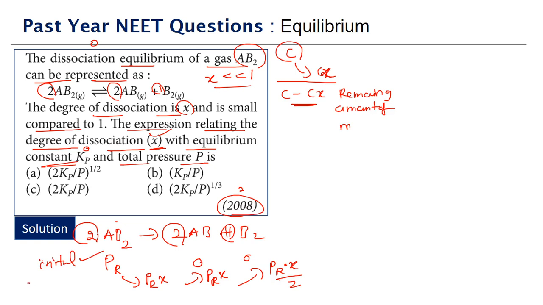The pressure will reduce for the reactant, and for the products we will see an increase in pressure, and that is given by using the degree of dissociation, just like the way we do the calculation for the equilibrium involving concentration, the same method. But while we are doing this, we have to consider the stoichiometric parameters, because the pressure changes will happen as per the values of the stoichiometric parameters.